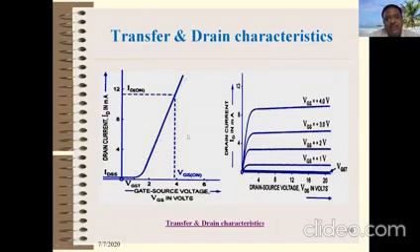So what happens exactly? If VGS is less than VT, then the current through the device is ideally 0, and practically a very small current flows through the device. Once your VGS is greater than VT, your current increases exponentially. It means that your device turns on, so the current ID increases. This will be explained with the help of one video. I'll show this video to you.